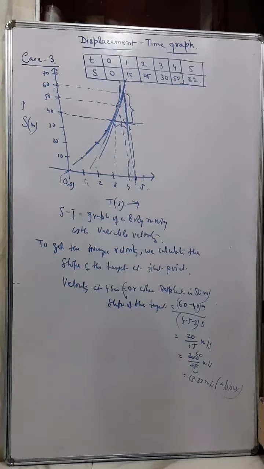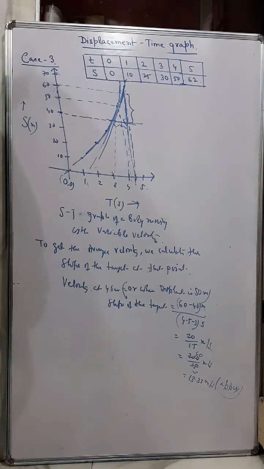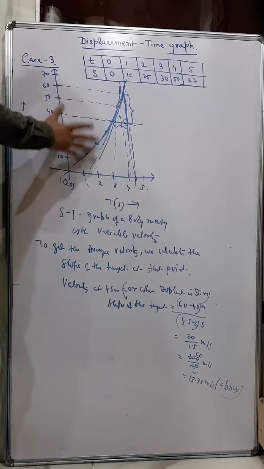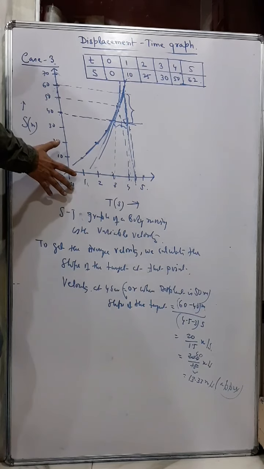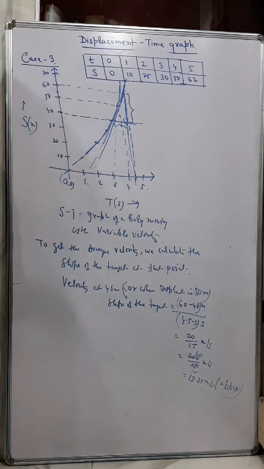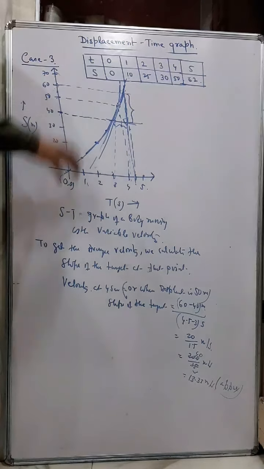Okay, so in fact you can go through the books, you can understand, but no direct numericals will come on this variable velocity in graph. In the graph you just have uniform velocity in your syllabus. So just go through the chapter, you can understand more.